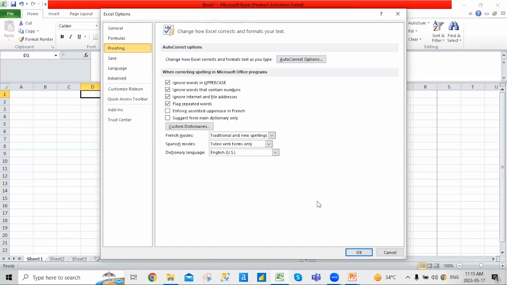Then next is proofing. Proofing is something you use when you want to change the format of the Excel, or autocorrect something in Excel. So let's say there are uppercase letters or lowercase letters and you want to ignore them, or maybe you want to have an autocorrect option enabled, like the autocorrect option in our phone, which we can enable or disable. Similarly, in Excel also, we can have that autocorrect option